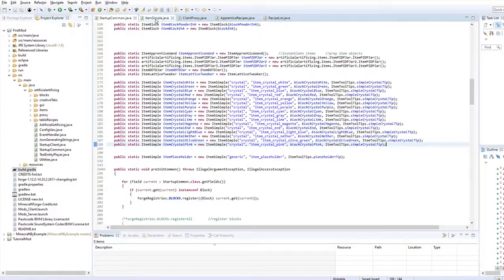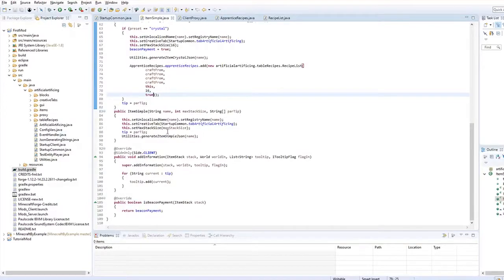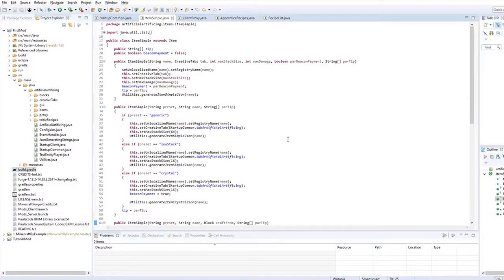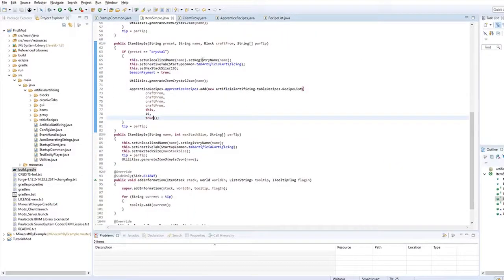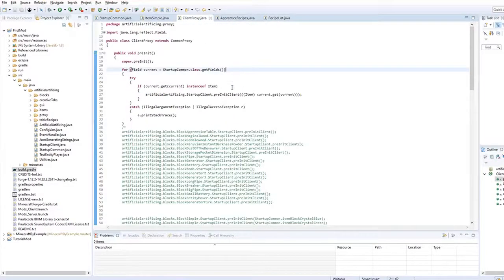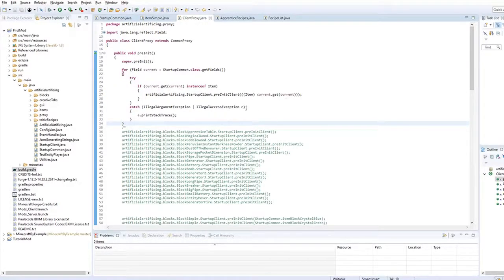That's everything. If you want to see the code for that, this is the item simple thing. It's pretty similar to what we did in the block simple class, so there isn't a whole lot more to understand there. And over in client proxy, I no longer have to write anything in here either, because I'm just iterating through the items in the